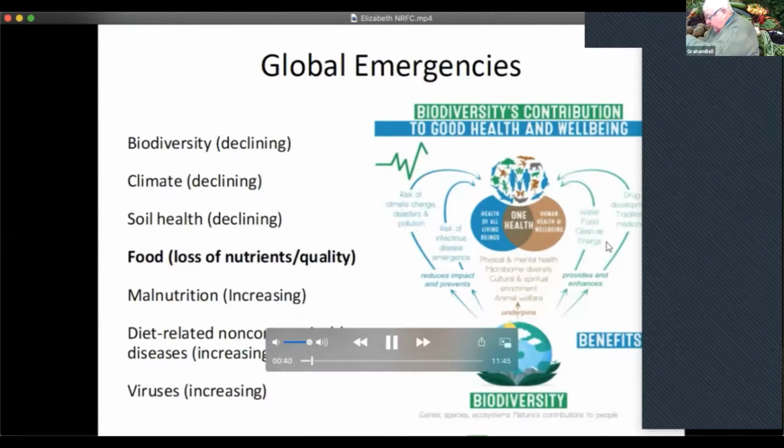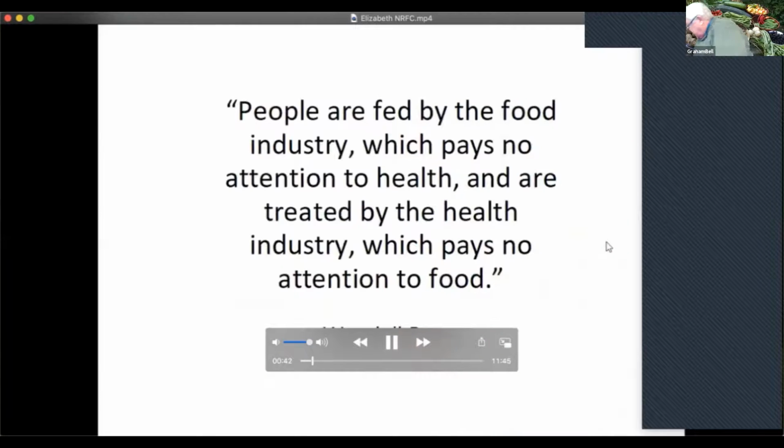However, the worsening biodiversity loss stemming from human separation from nature has resulted in food systems that are not working for people or planet, where people are fed by the food industry, which pays no attention to health, and are treated by the health industry, which pays no attention to food. So as a public health nutrition specialist, I am particularly concerned with the health emergency, worsening levels of malnutrition in all its forms, and the syndemic of diet-related non-communicable diseases such as type 2 diabetes, heart disease, stroke, and certain types of cancers, which are disproportionately impacting disadvantaged individuals, their families and communities, and the healthcare systems that serve them,